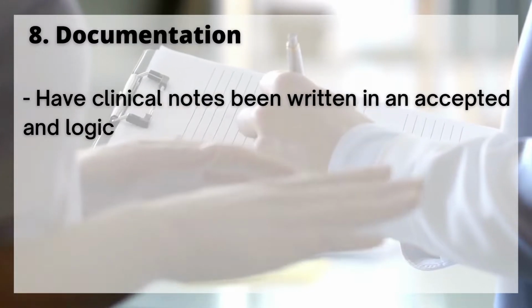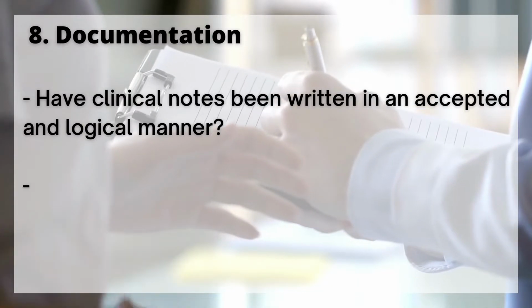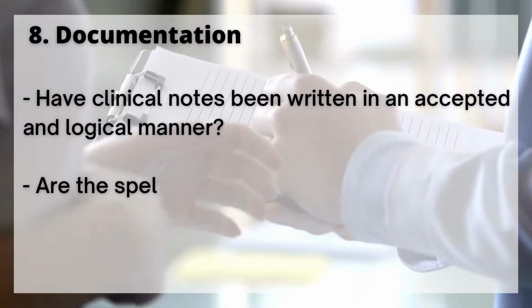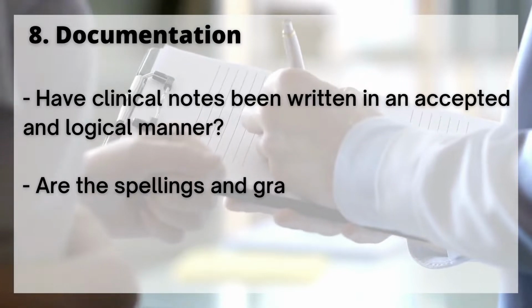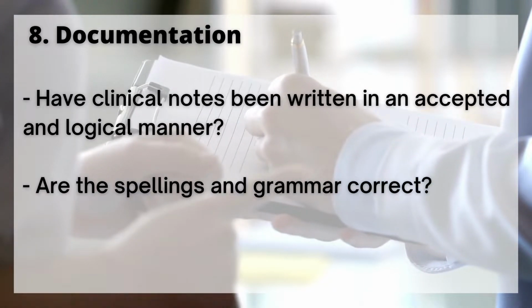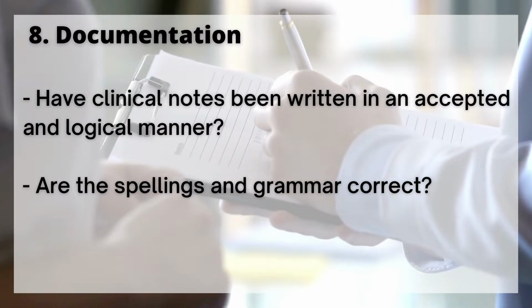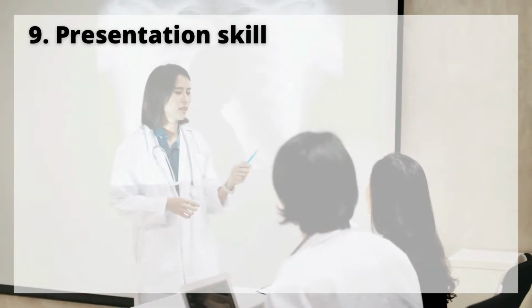So not necessarily in a paragraph or complete document form, but at least certain points that need to be highlighted in the different components of the history. Family history, these are the points. Drug history, these are the points. Social history. Every component you must write something that is relevant to the particular patient. So these are the kind of 8 to 9 areas that are tested,